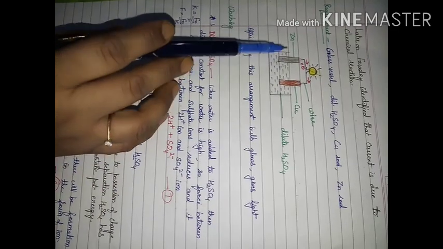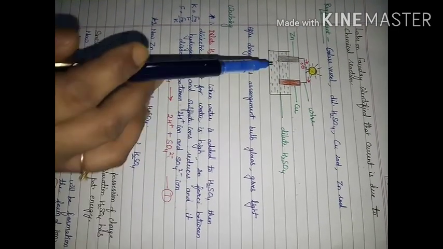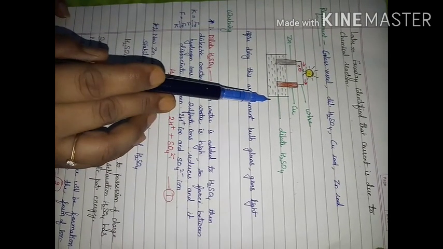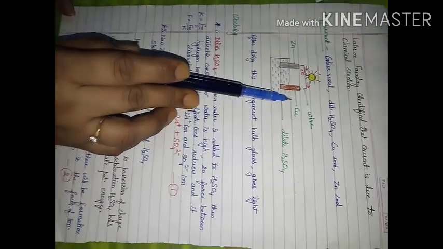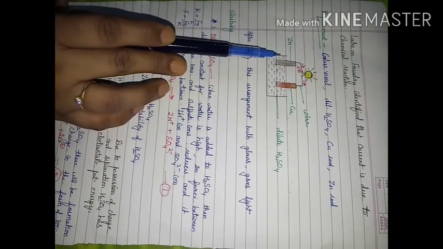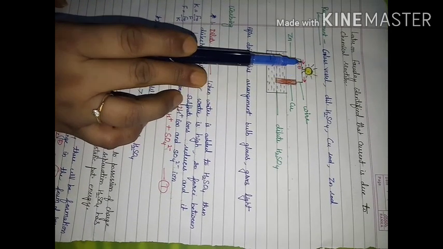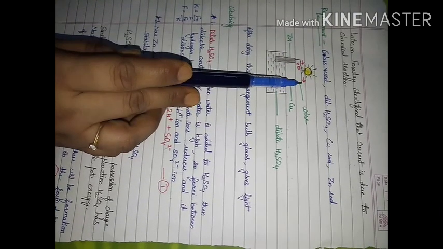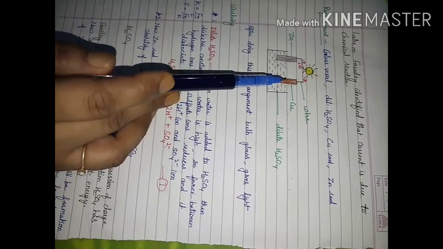So what is the requirement for an electrochemical cell? We are going to consider the voltaic cell here. For this we need a glass container or vessel, dilute H2SO4, a copper rod and a zinc rod. When we set up all these things, we take conducting wires and one bulb. When we do this arrangement, we see that the bulb is glowing. Current is flowing. How is current flowing? How does movement of electrons take place from one side to another?